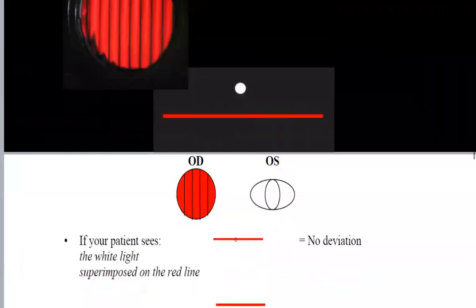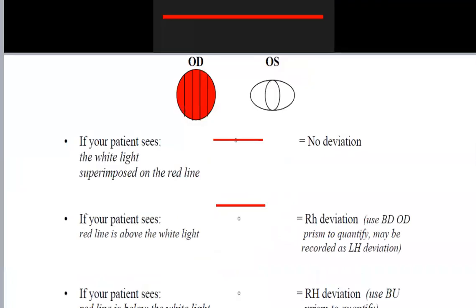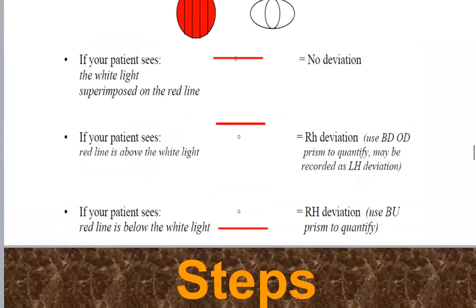If you see the horizontal line here, and you see the dot on the horizontal line at the same level, you mean that you don't have any vertical phoria. If you see by the right eye the red line, which is above, and the white dot, which is below,